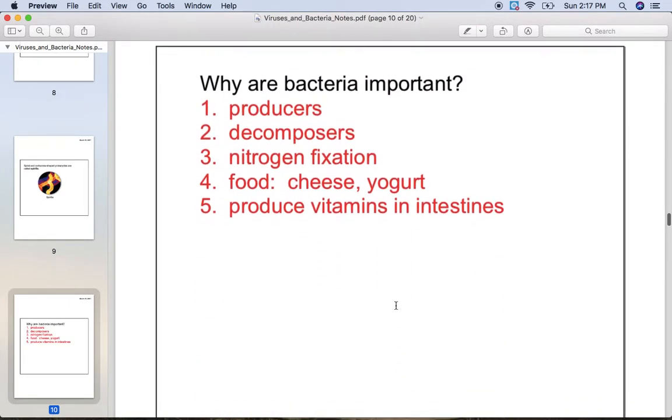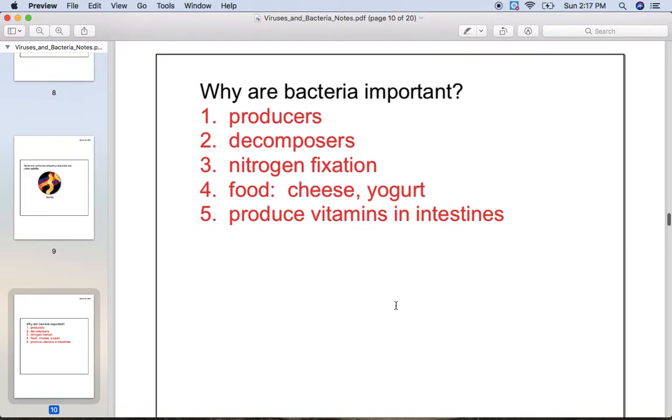So usually when we think of bacteria and viruses, we think about them as not being very helpful to us. But actually, there's a lot of bacteria that are very, very helpful. They are part of the food chain. They're producers, and they're also decomposers, some of them. They carry out nitrogen fixation. We talked about that a long time ago, where plants can't use the nitrogen in the atmosphere, so these bacteria have to change it into a form that a plant can use